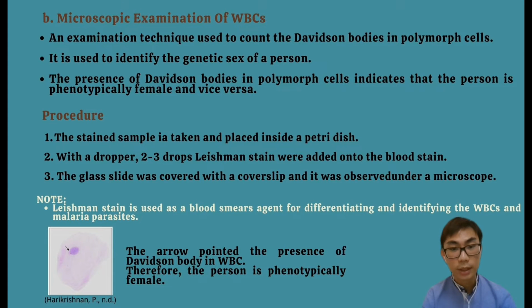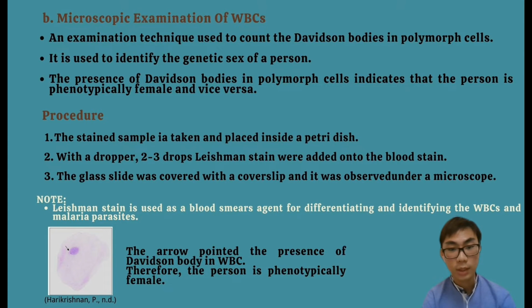The procedure. Firstly, the stain sample is taken and placed inside a petri dish. With a dropper, 2 to 3 drops of Leishman stain are added onto the blood sample. Lastly, the glass slide is covered with a cover slip and observed under a microscope, and the observations are